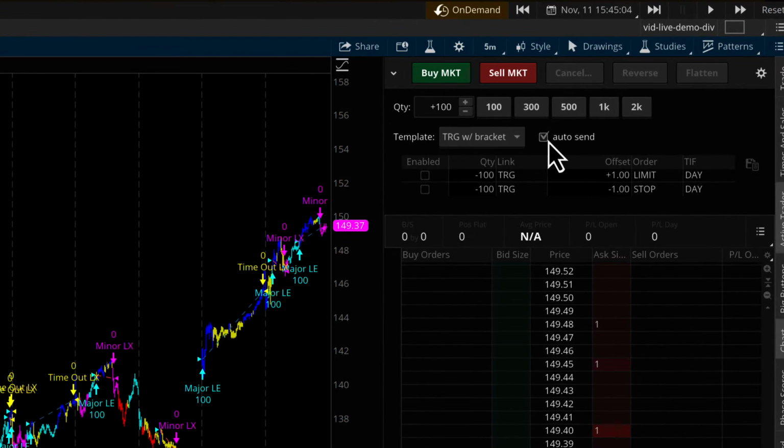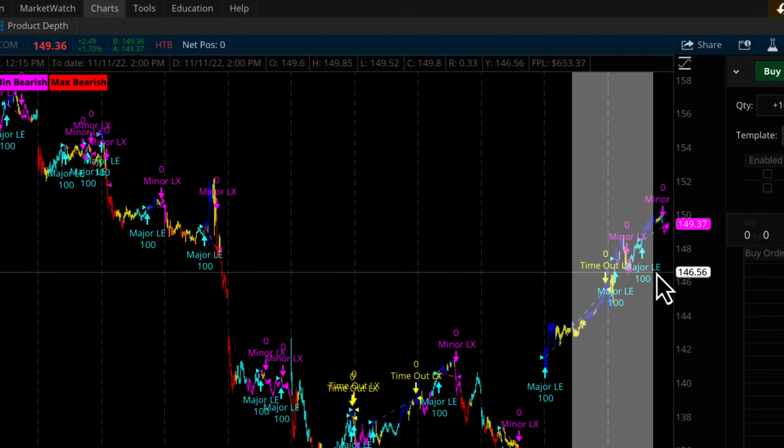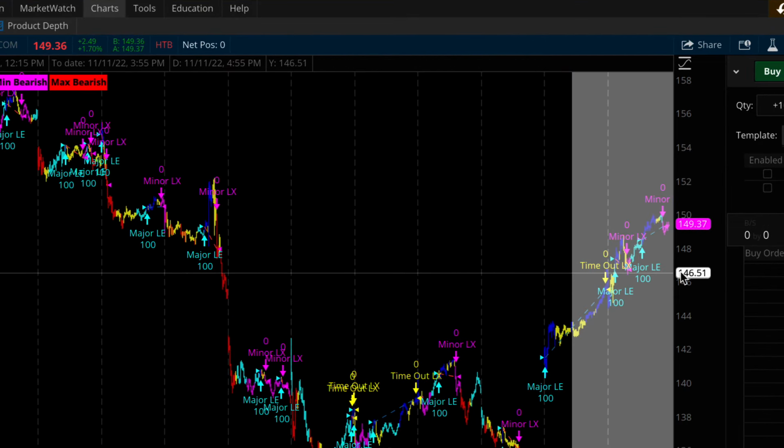I've got auto send enabled. I've unchecked the two triggers here, so I'm not going to be using a limit and a stop order for this trade. I'm just simply going to be using the buy market and sell market buttons for this particular trade setup. And let's go ahead and review the signal that we're going to be examining, in particular this one right here,